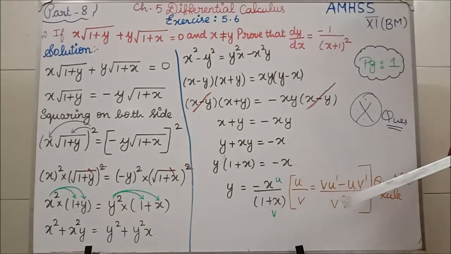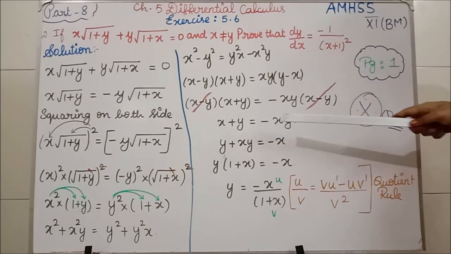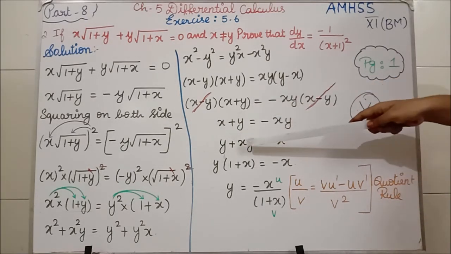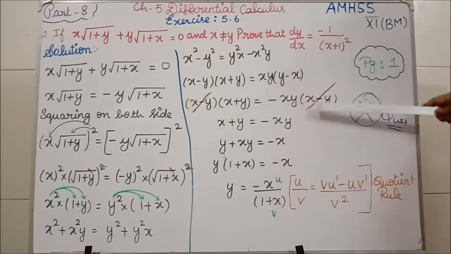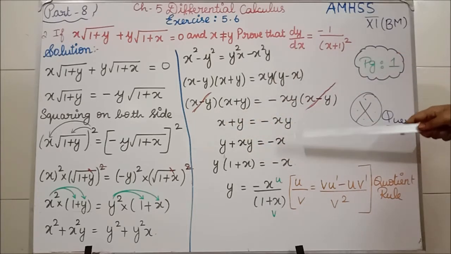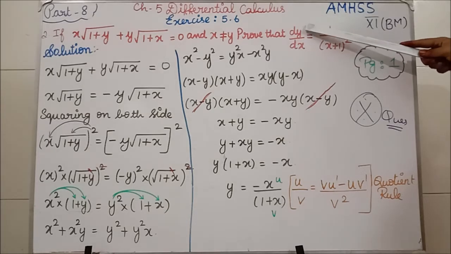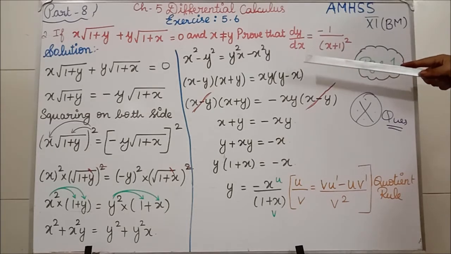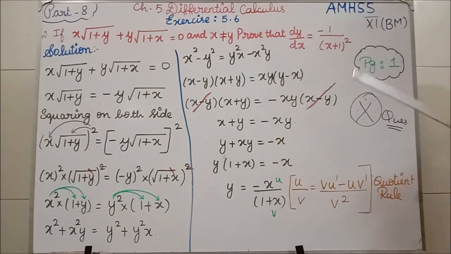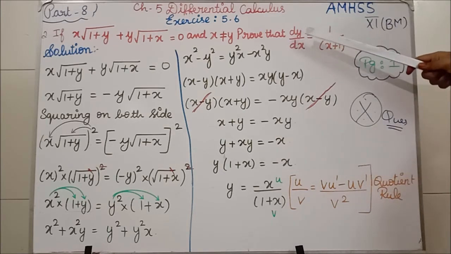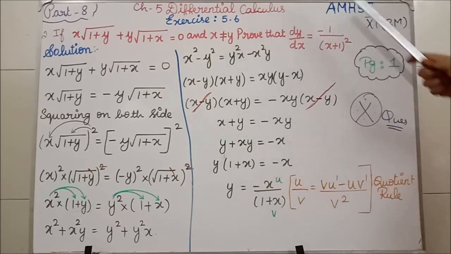Clear? The next step, I am keeping this y, I am taking this minus xy inside, I am taking this x to the right hand side. Why I am doing like this means the final answer we need is dy by dx, which means in the left hand side what value do we need? We need the y variable, so that only if you differentiate we will get dy by dx. Isn't it? So I am keeping the y in the left hand side. Remaining all the values I am bringing to the right hand side.